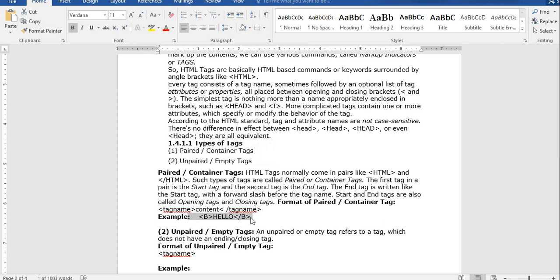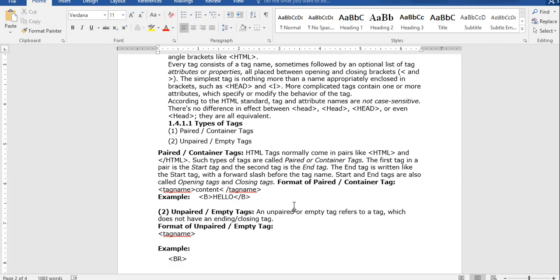This is an example. B is an opening tag and here is the closing tag. The content we have in between the opening tag and closing tag is an element. So this is called a paired tag. If you don't close the bold tag, you won't get appropriate output. Every tag that is opened must be closed if it is a paired tag.